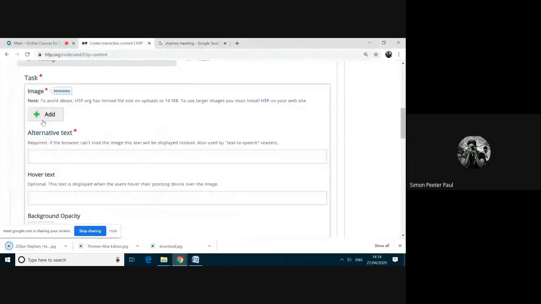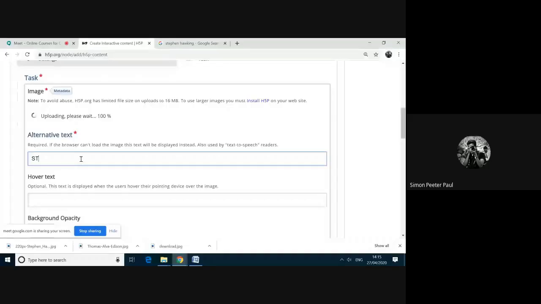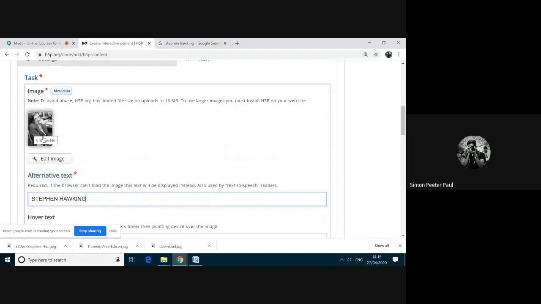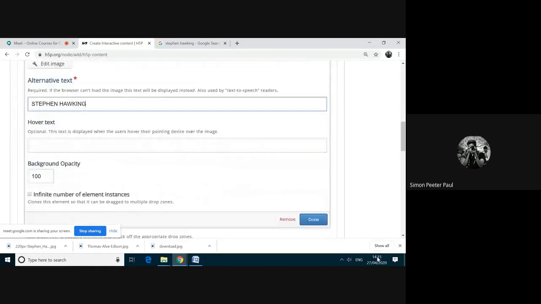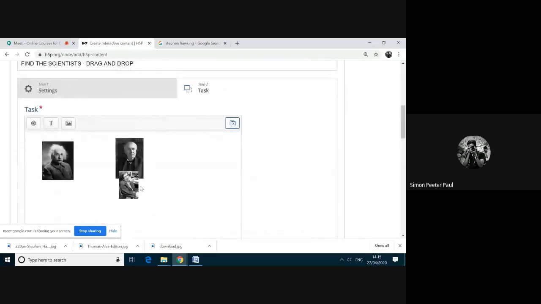I'm again adding this one. I'm uploading Stephen Hawking. Okay. And then again, I'm clicking this done. Okay, let me move him also.